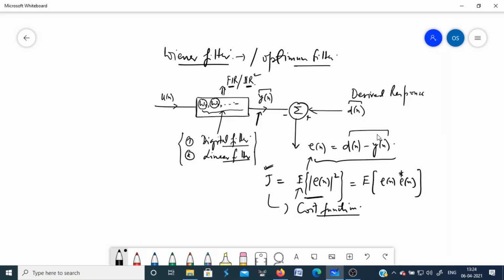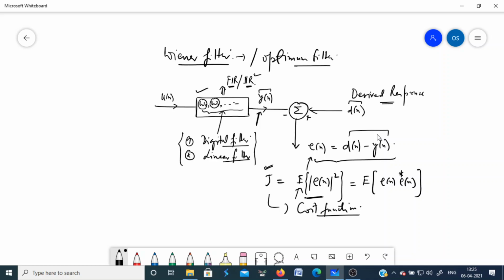So the problem in the Wiener filter is basically you have a desired response and a filter input sequence which is given to a filter, and you have to choose the filter weights in such a way so that the output of the filter is a very close approximation of the desired response that you have. Okay, or you have to minimize the error